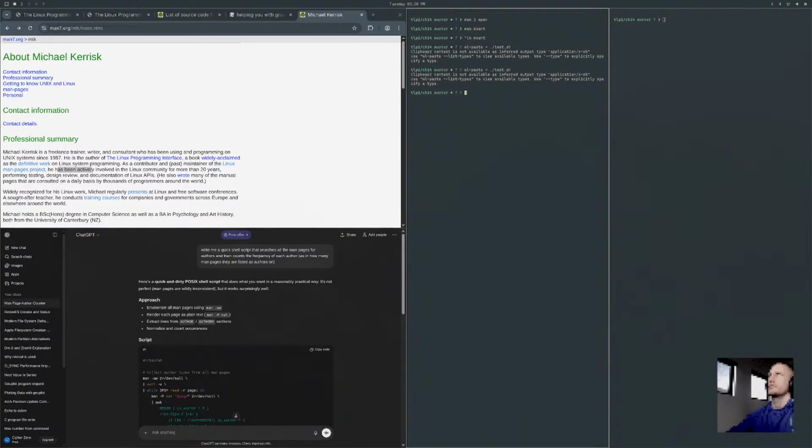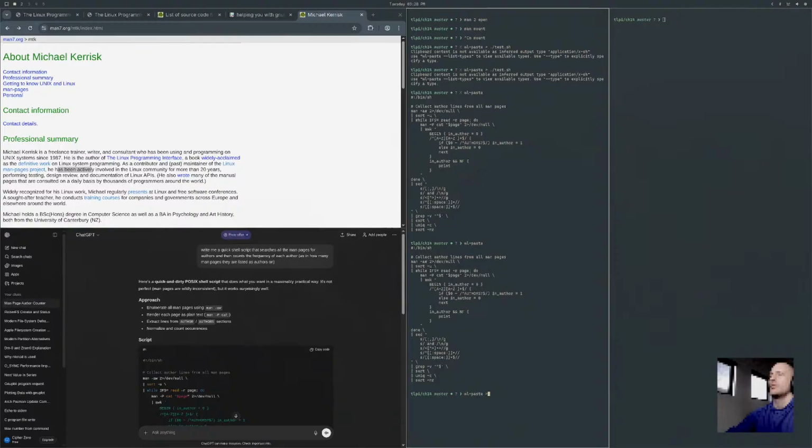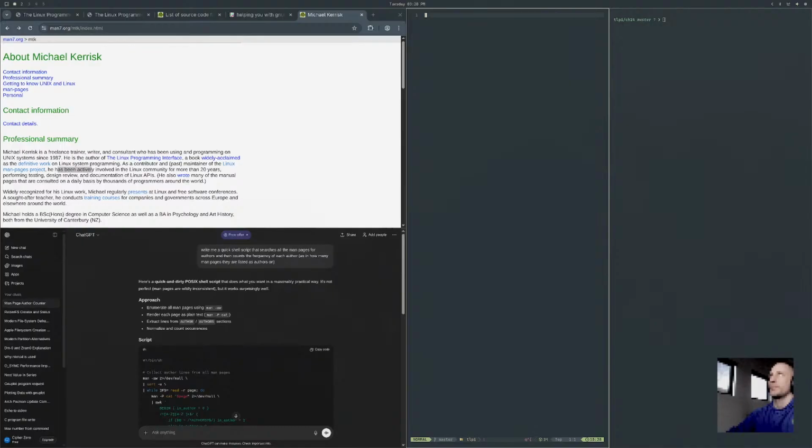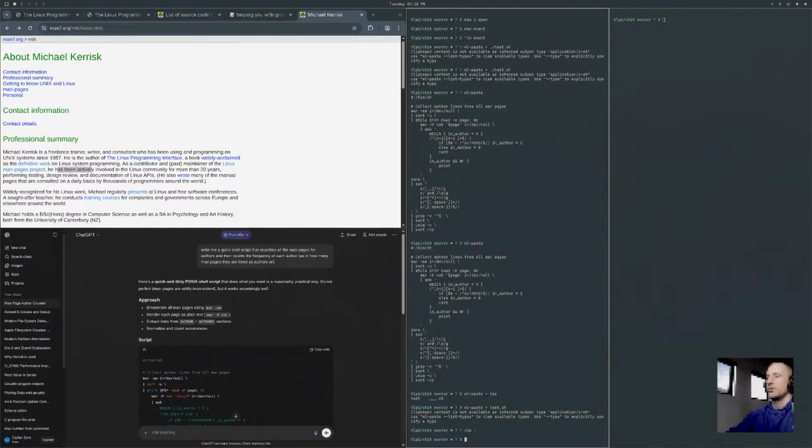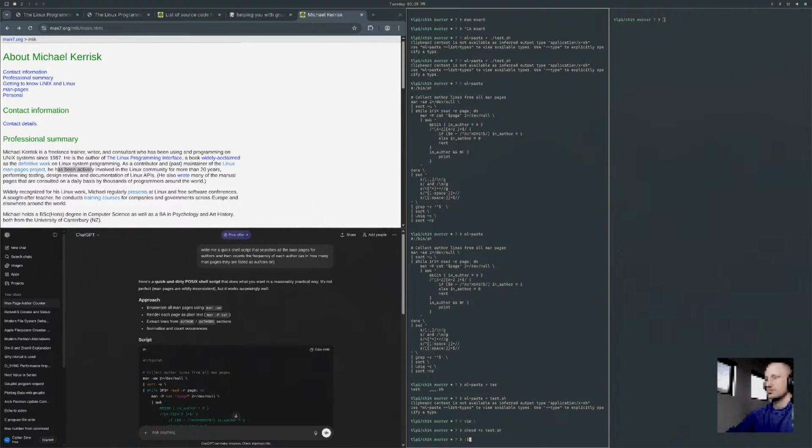Chmod plus x on test.sh, and then just run it.